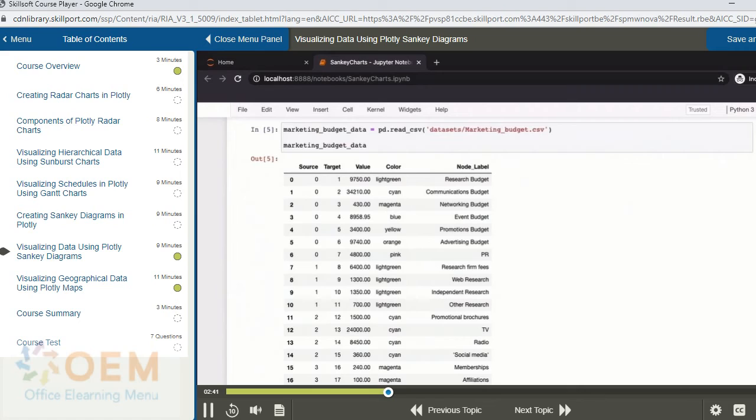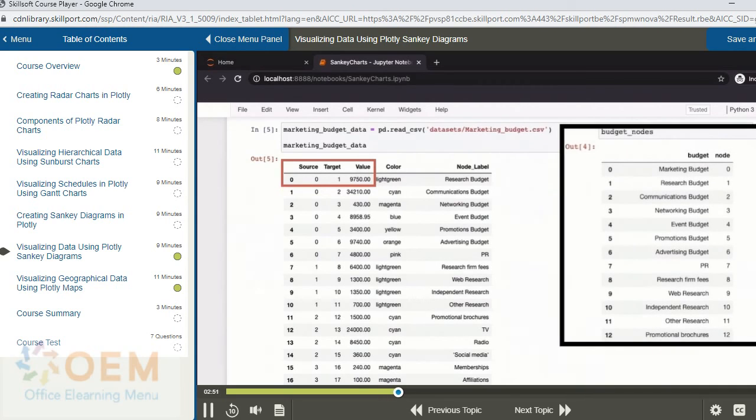Let's now zero in on one of the rows in this pandas data frame and understand the corresponding flow. Let's start with the first row, that's the one with the ID 0. Here, source is equal to 0, target is equal to 1, and the value is 9750. Now, the source and target indexes are used to index into the list of all nodes. And in that list of all nodes, we can see